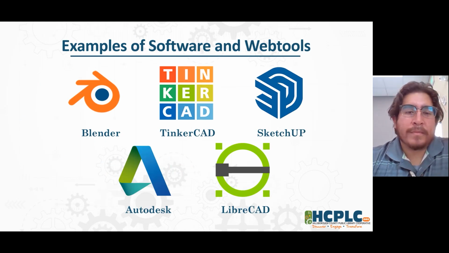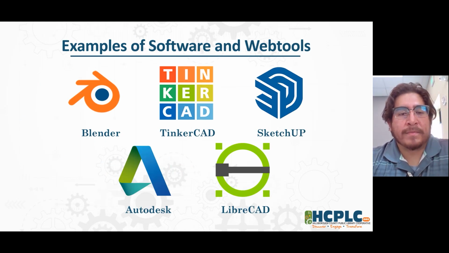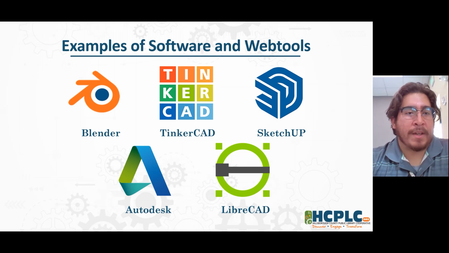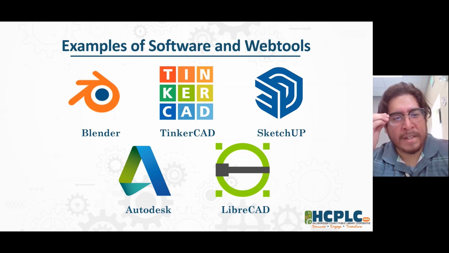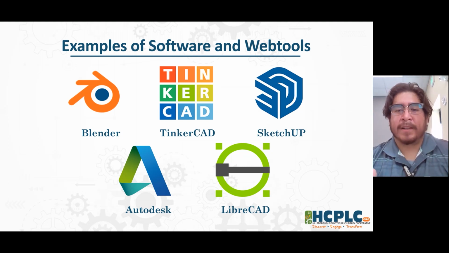So once again, we're looking at a list of different software that are used in the industry for CAD. Once again, Blender is used for video game and film industry productions. A lot of animation, a lot of light rendering, a lot of texture rendering, stuff like that can be handled in Blender. There's even like 2.5D kind of tools in there where like you can create kind of like a vectorized 2D plane and then stack them on top of each other so that you have something similar to parallax